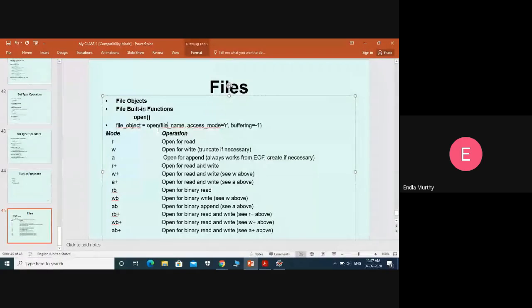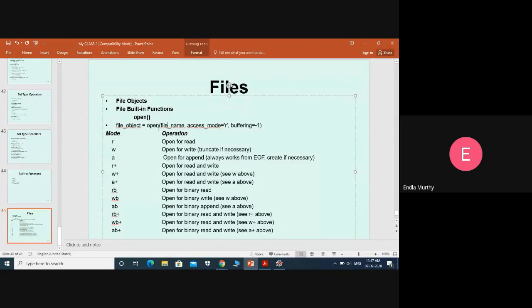So here we can declare 1 or 0 or -1, and of course in some cases 2. But if you are not declaring the buffer, by default it is the system size. So if the system can access a buffer size of some 4 KB at a time, then we are accessing 4 KB, like that, right? And access mode also, so in some cases we can do it without the access mode also.